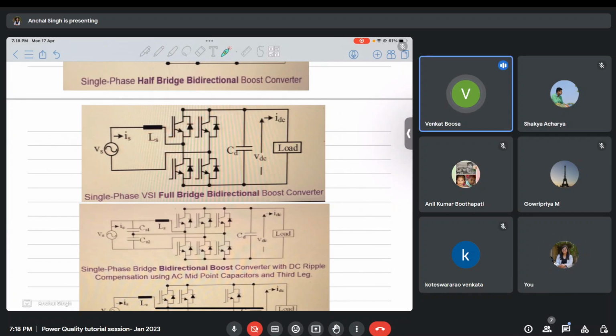This topology is also available in the conventional converter, madam. This is the same topology also. These are switches, filter, the same topology also in the conventional converter. What is the major difference there, madam? The gate pulses that we are giving are different, right? There we are giving different gate pulses, and here we are giving different gate pulses.